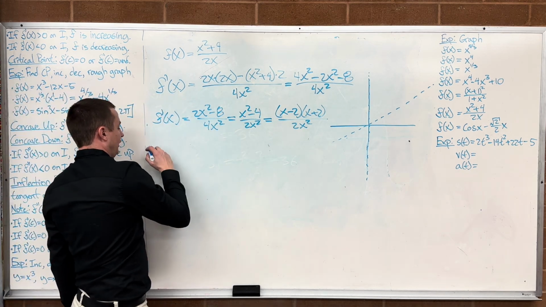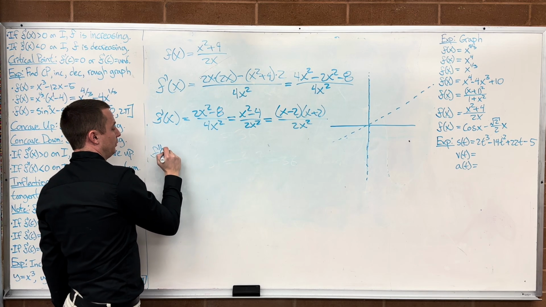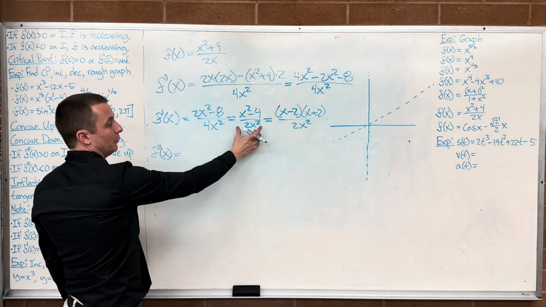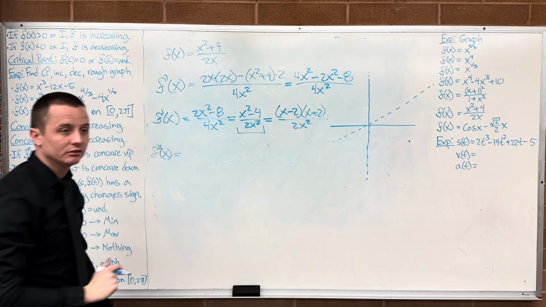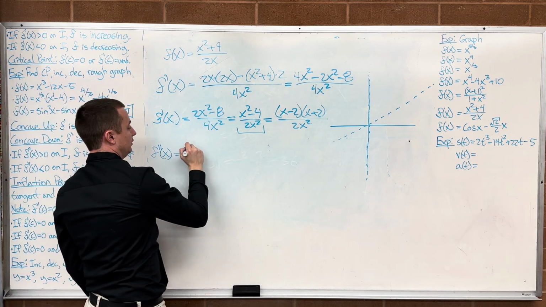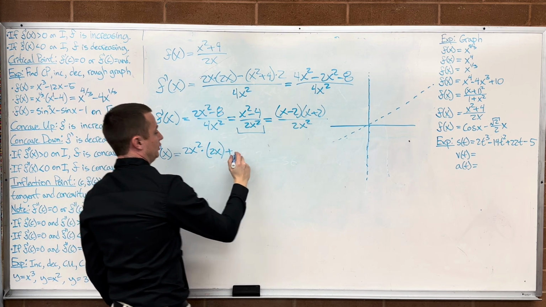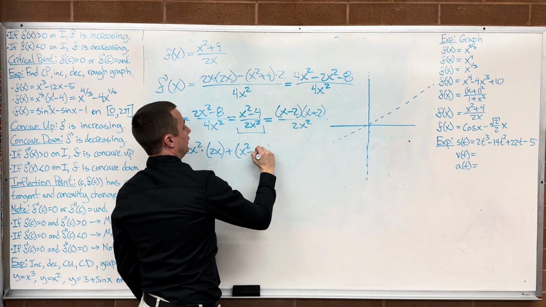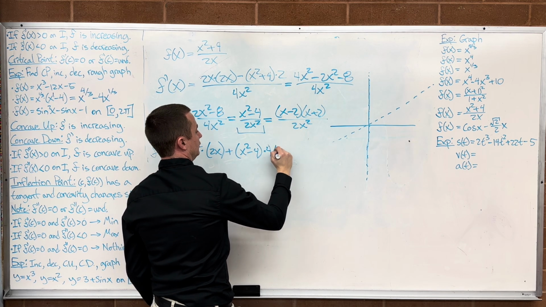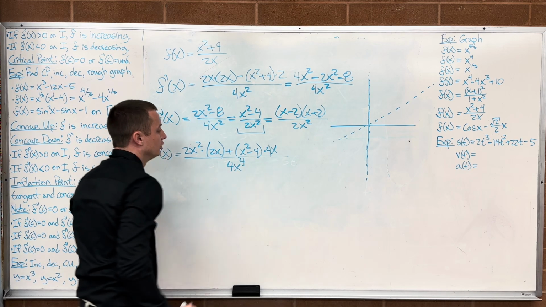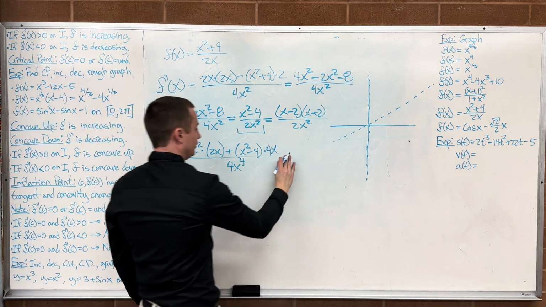Now we need our second derivative for concavity. So f double prime of x. And which of these will be the easiest to take the derivative of? Probably the first one. Probably take the derivative of this. So we have the bottom 2x times the derivative of the top, 2x, plus the top, which is x squared minus 4, times the derivative of the bottom, 4x, all over the bottom, 4x squared, right? Okay, and this is going to be equal to